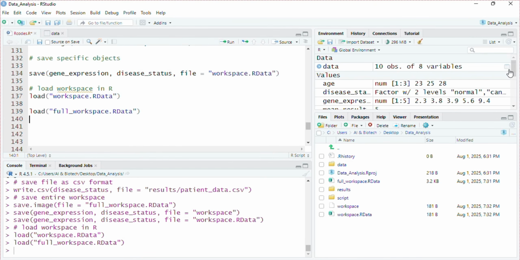So in this way you can continue your work in R. So that's all about this session. In the next session